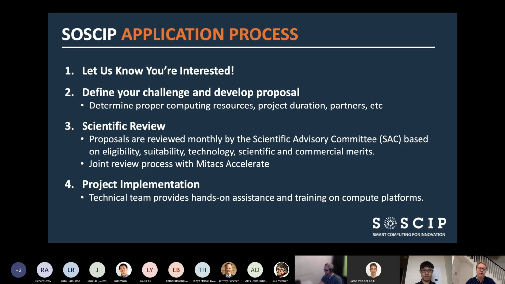This is actually to the point where we have a joint review process, so it can be a single point of application, a single entryway to get access to both Mitacs funding for the Accelerate program as well as SOSCIP. We do this by Mitacs honoring our peer review system. A researcher would apply to SOSCIP. We would then have a form that would join onto that application for the Mitacs Accelerate. We complete our adjudication, and then it's just an administrative approval on the Mitacs side after the fact.